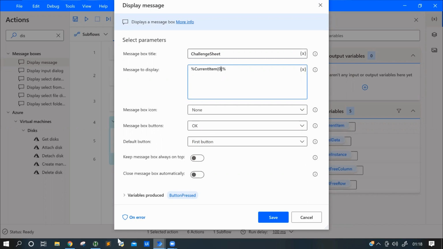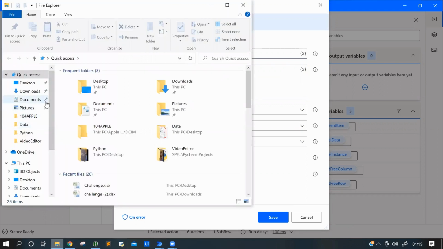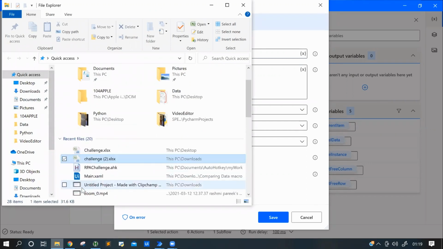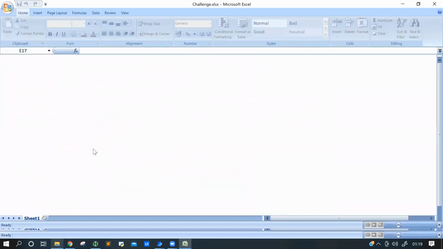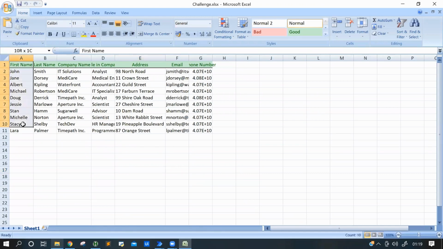I think most of you know what data is there in the challenge sheet, but if you don't know, let me open it for you. The first column contains the first name, then the second name, then company name, and like that we have the values. If we want first name, we print it.